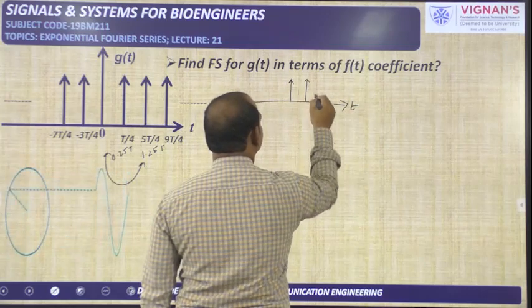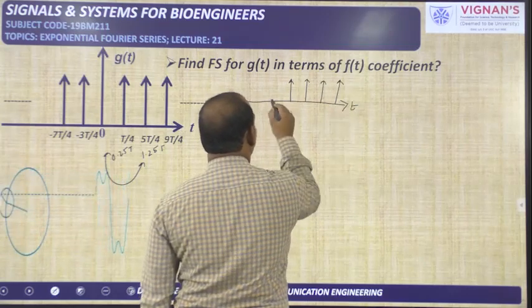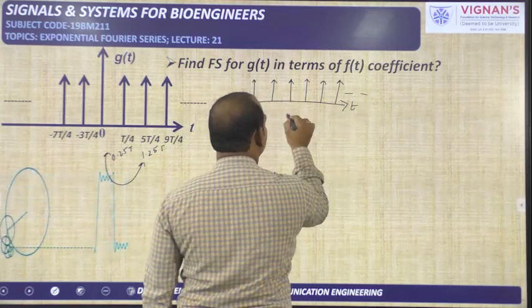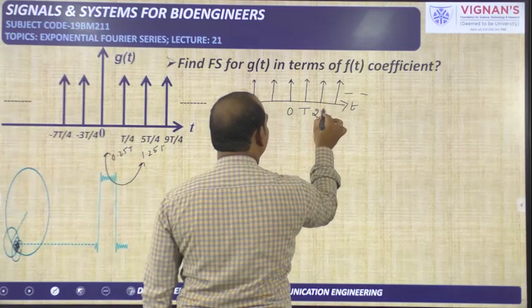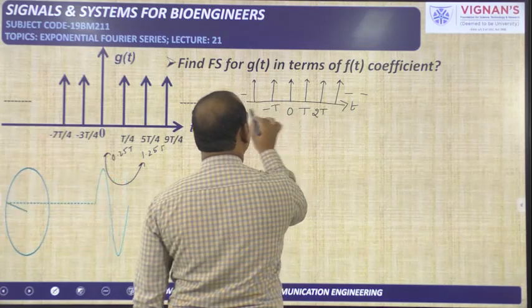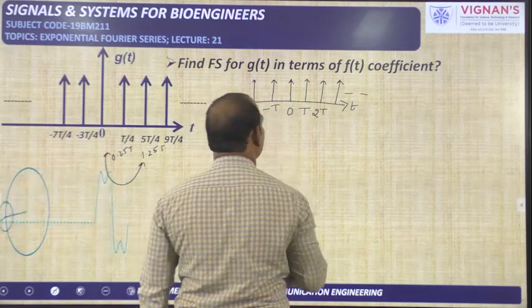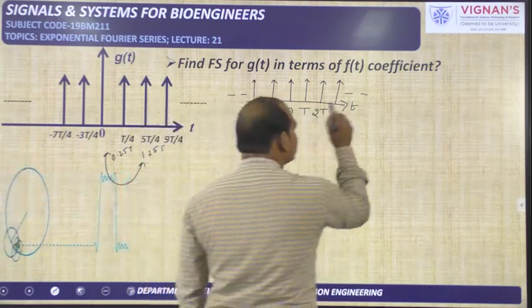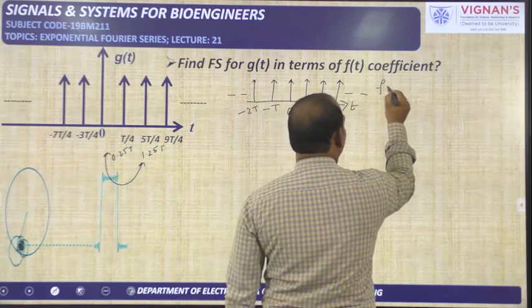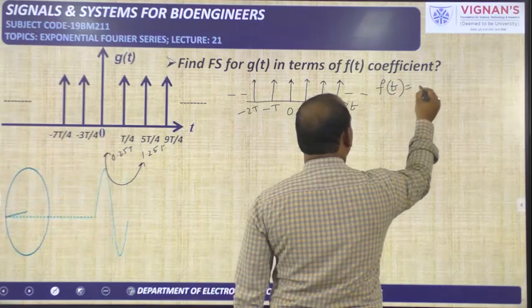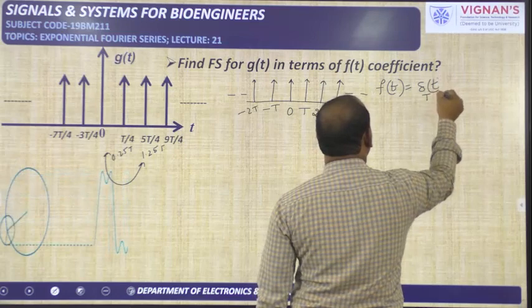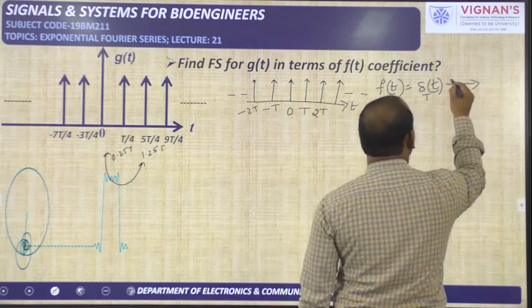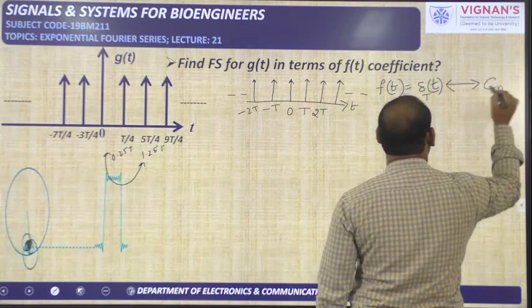This is one impulse, this is another impulse, like this. So many impulses are there with the time difference of capital T. And impulses are existing at 0, capital T, capital 2T, and on this side minus T, minus 2T, like that. For this we have considered it is f of t, and it is delta T of t, the actual impulse train. And for this one we got the Fourier series coefficient Cn. We will represent it like this generally.